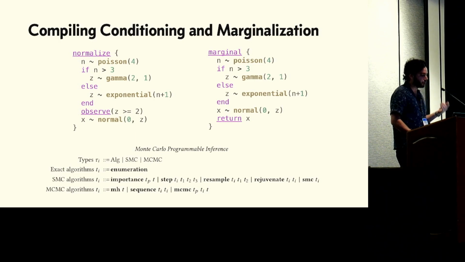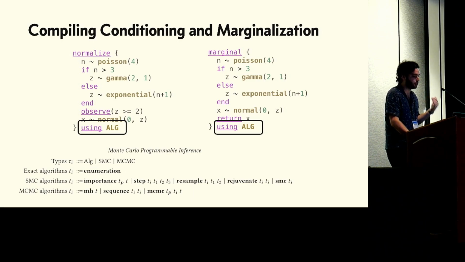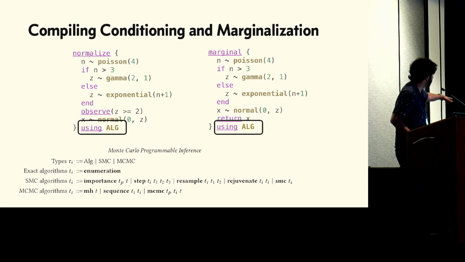So our solution to this design problem is that every time a user calls normalize or marginal, they're going to annotate that call with a term that says, here's the Bayesian inference algorithm that the system should automate in order to estimate the marginal or normalized density. So our compiler is going to use the inference algorithm that the user specifies to automate the implementation of the stochastic probability interface. And that means that we're going to use these inference algorithms not just to estimate the marginal density or the normalized density, but also the reciprocal of the marginal or normalized density.